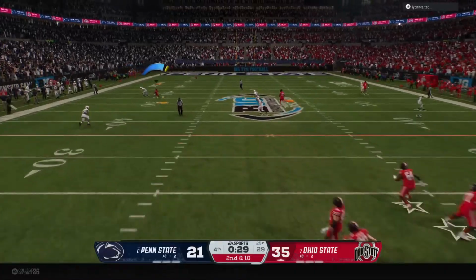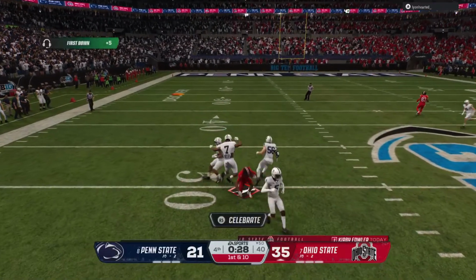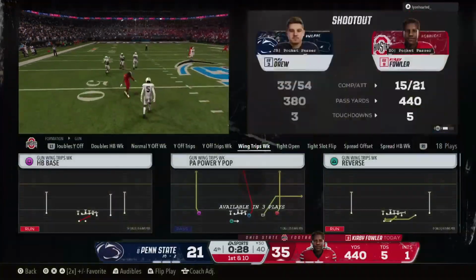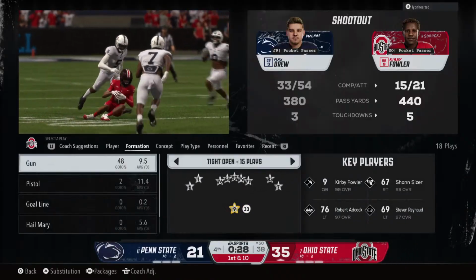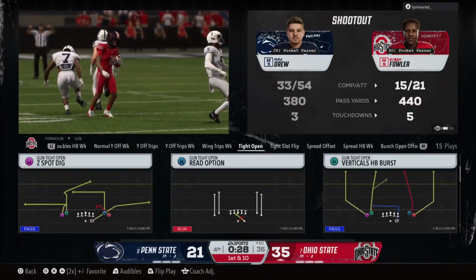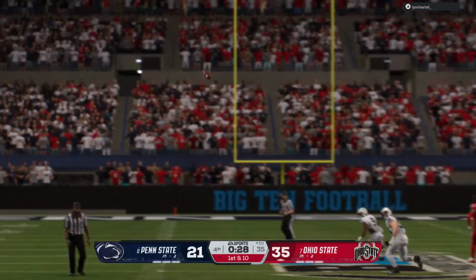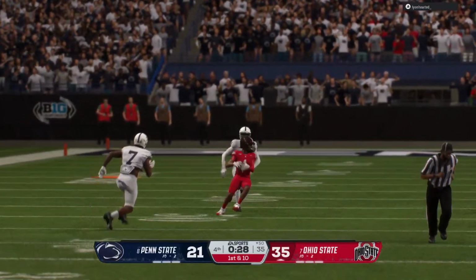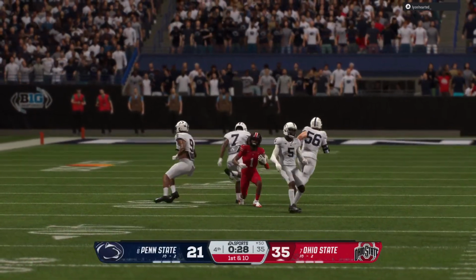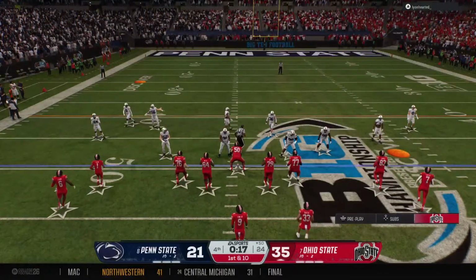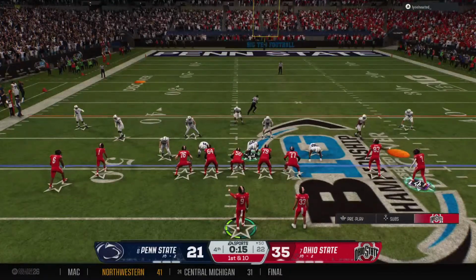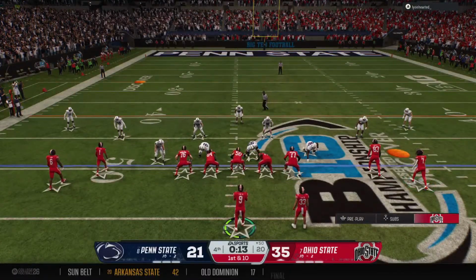The pocket breaking down. That deep shot is caught for a big gain. How about this guy making this throw? I mean, they have harassed him all game long, and here we are in the 4th quarter. He takes another hit, and this time gets enough on it to be able to complete it. Great play by the quarterback. So the ball placed right at midfield as the offense starts with a 1st and 10.